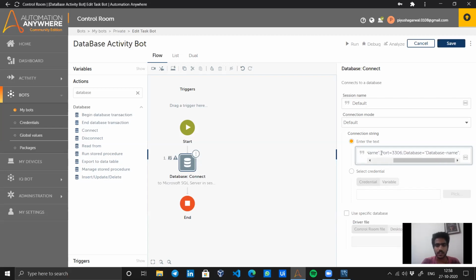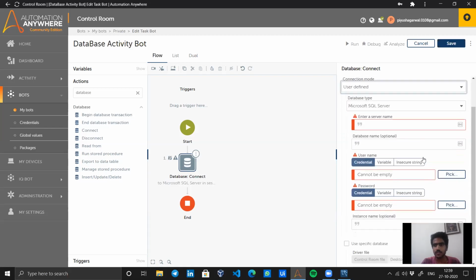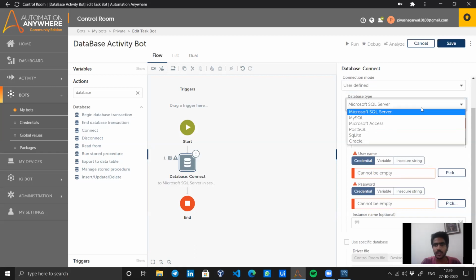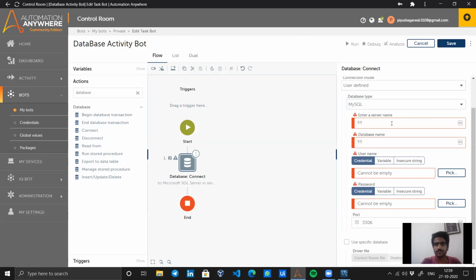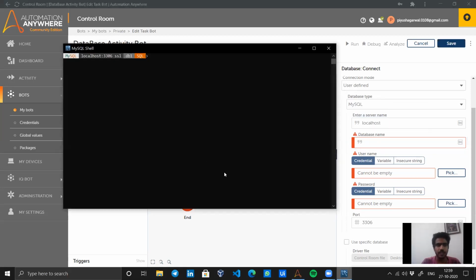Next we get UID. What is UID? Basically the username of our user made in the database. Then password. One more thing, in this you will have to specify a database file. For this demo I am just going to use the user defined option, which is the best thing about A2019. It provides you access to multiple kinds of databases which are generally used by each user. So since we are using MySQL, let's go with it. Server name, it's localhost. Database name, that you can see from here, I am using db1.